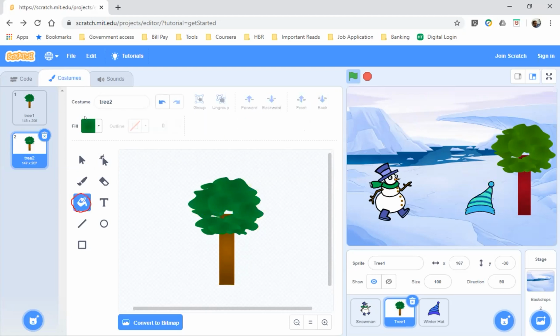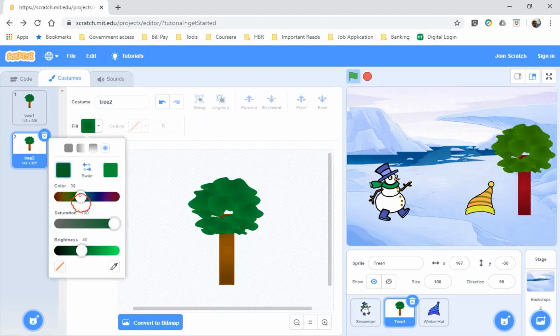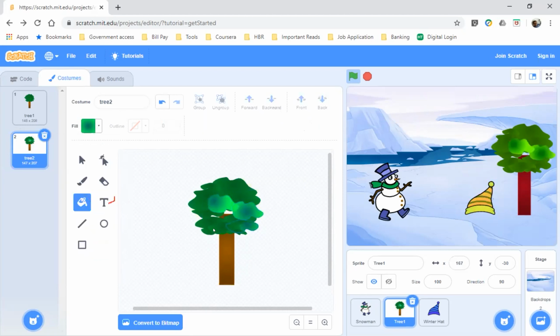And select a different color. Just select a different green color. Now click on the tree as such. Very good. So you now have two costumes, tree 1 and tree 2, which are different.